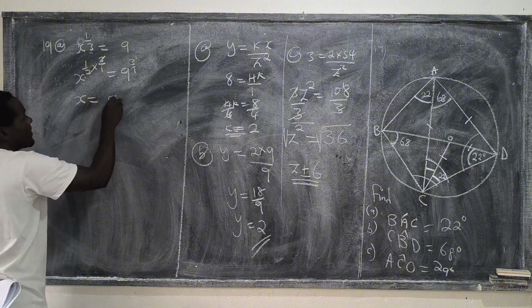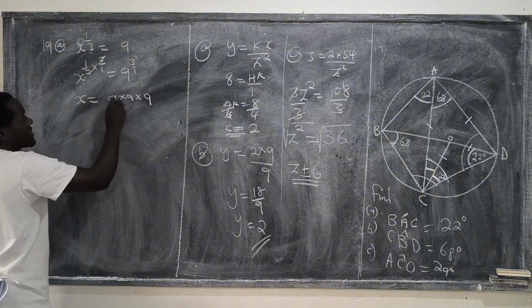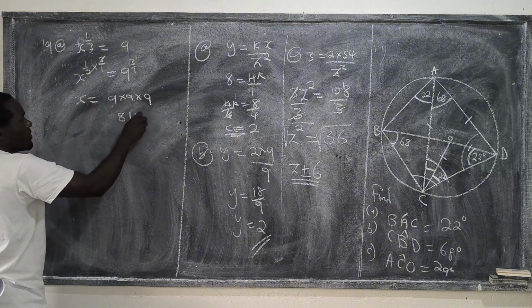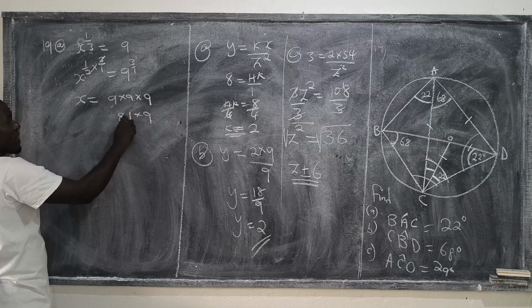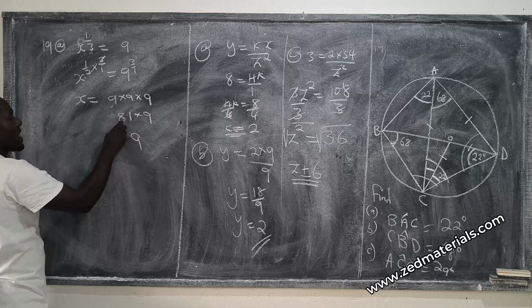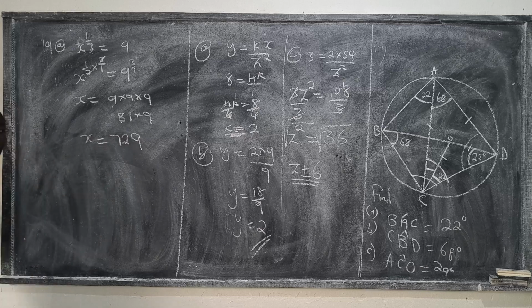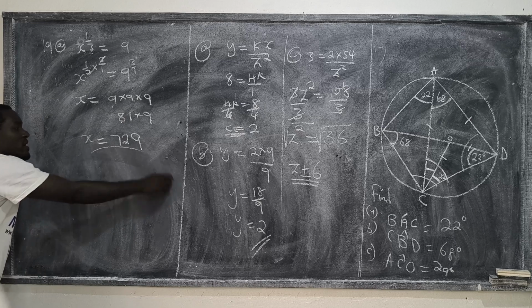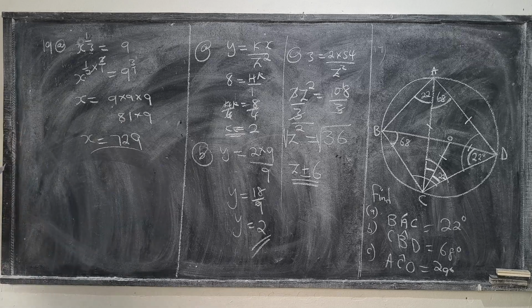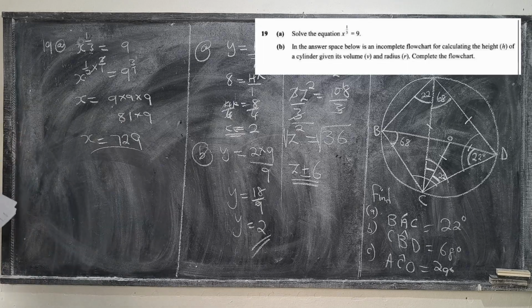It is 9 multiplied by 9 multiplied by 9, which is 9 multiplied by 9, it is 81 multiplied by 9. 9 multiplied by 1, it is 9. 9 multiplied by 8, that is 72. So the value of x is 729. This is the value of x. You're done there. You move to B. Okay, so 19B. They are saying in the answer space below is an incomplete flowchart for calculating the height